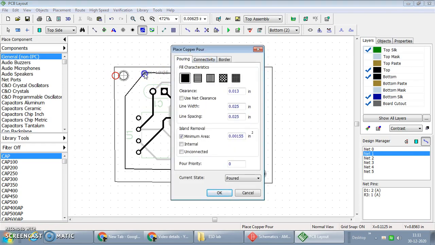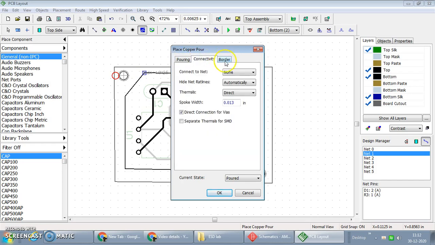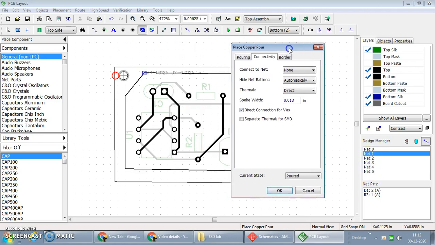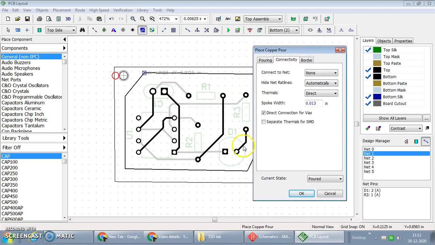As soon as you complete this border, the copper pouring area, we get a dialog with three tabs: pouring, connectivity and borders. Connectivity indicates which nets are to be connected. Here the nets are indicated: 1, 2, 3, 4, 5. One by one we will be pouring the copper material onto these particular tracks.